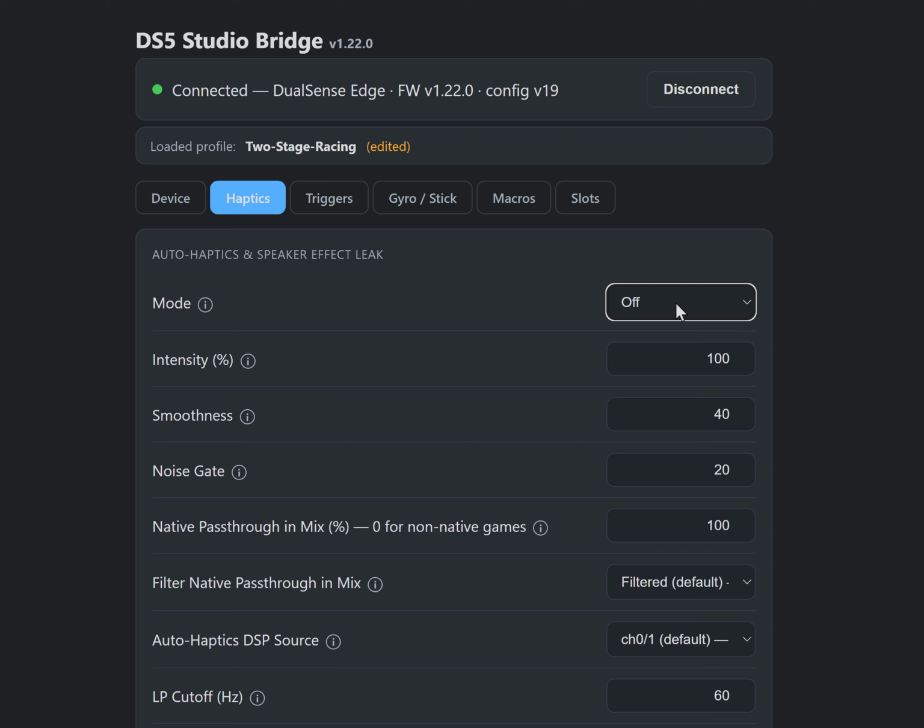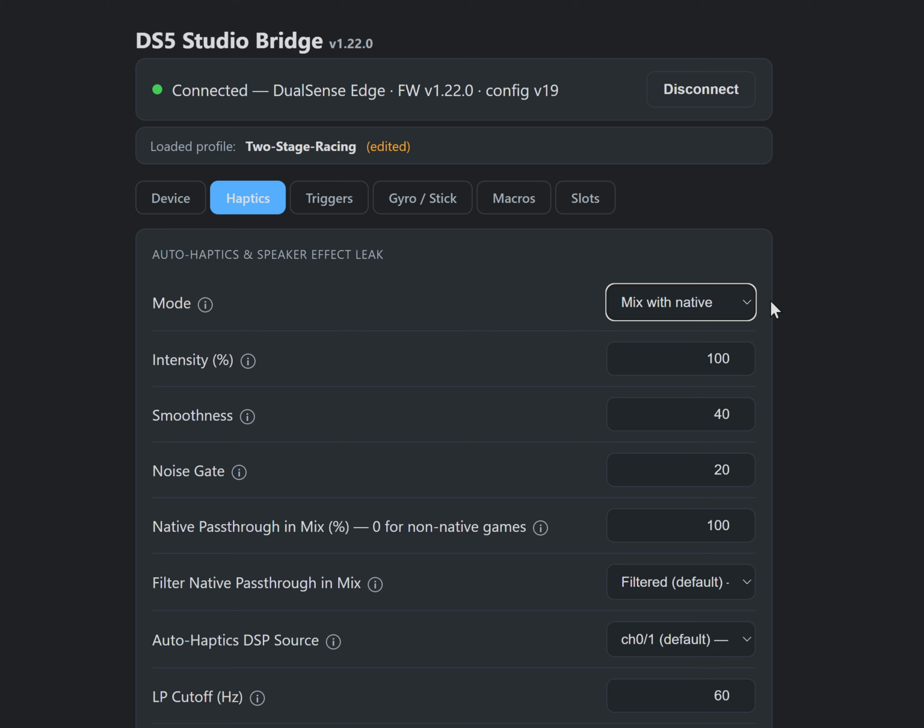However, if you want to get automatic haptics, you can also do that in two ways. You can either replace your in-game vibrations, or you can add to them by mixing with native. What this means? Essentially two things. You can mix with native either in native DualSense games, meaning that if you just can't get enough from that default option for haptics, you can add to it, or in games which are non-native, you can create a whole